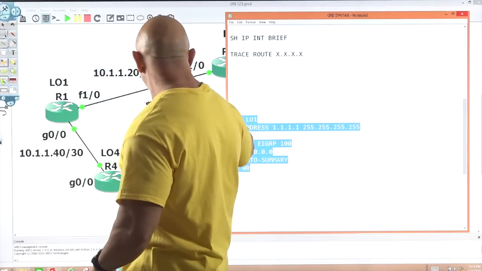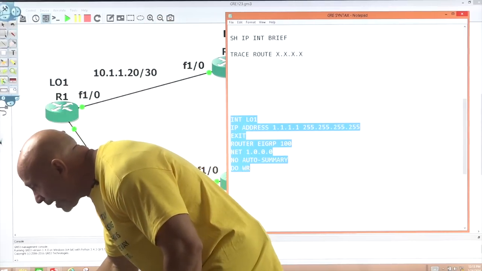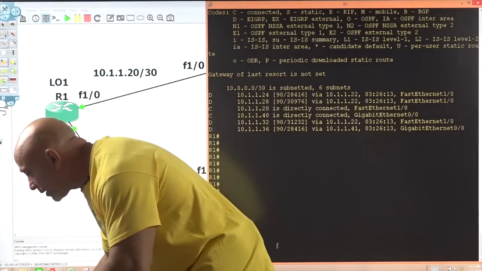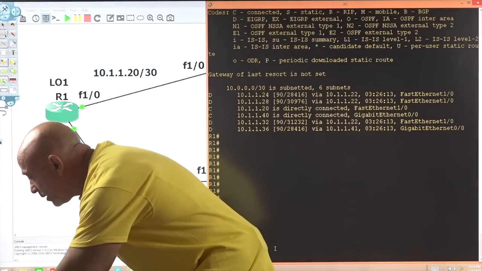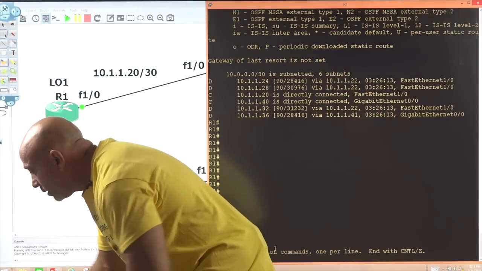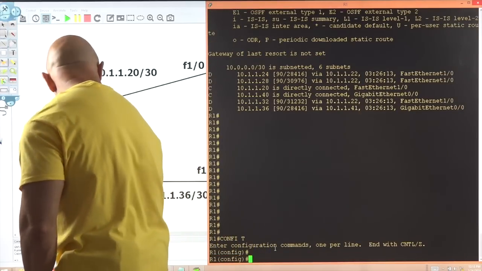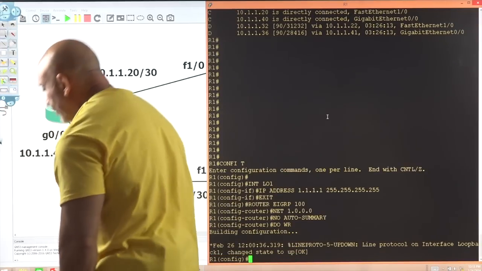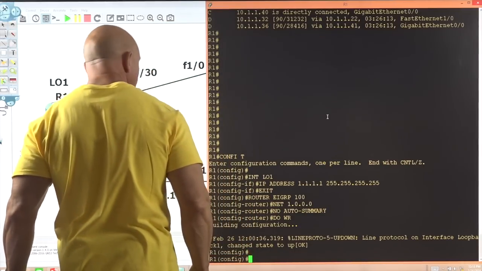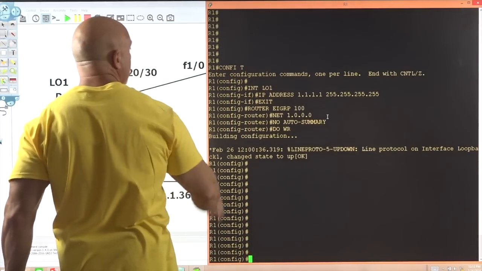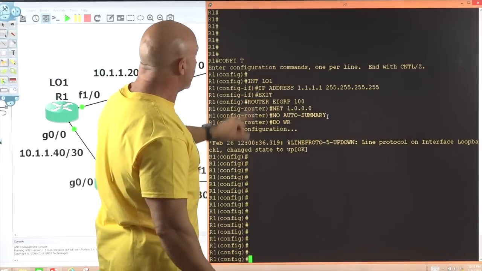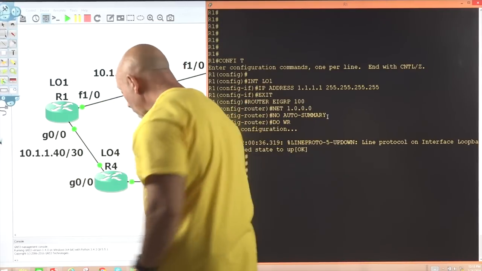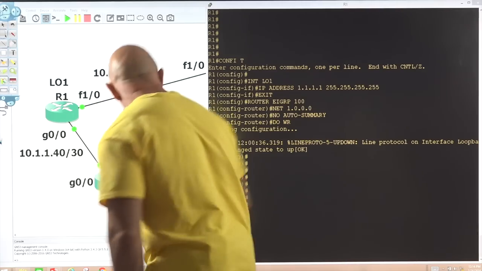All right. So we copied that. Now we're going to go ahead and go into router 1, and we'll put ourselves in global configuration. Let's see if we made any errors. All right, and then how about paste? There we go. Boom. Awesome. No big deal. It took everything without a problem. There's your loopback interface, and then we advertise it within EIGRP. Awesome. We're done with router 1. Let's bring router 1 down.